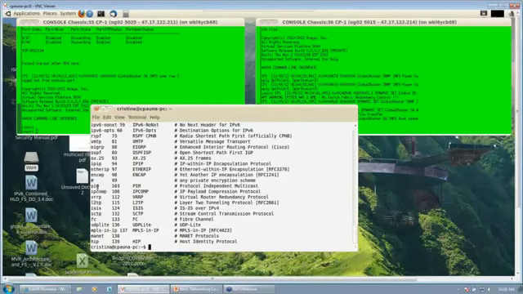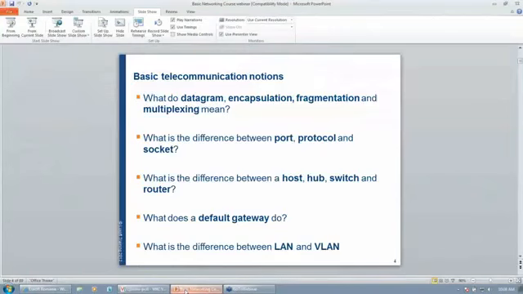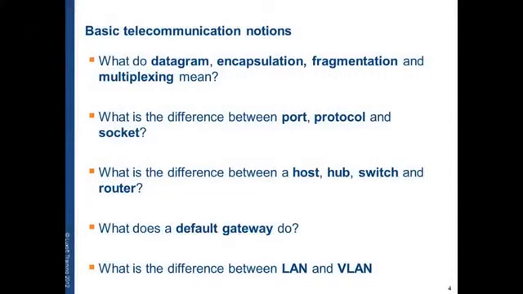PIM, which is a protocol for multicast, is 103, and so on. A socket is a pair formed by an IP and the port number, which identifies uniquely in a network the process.